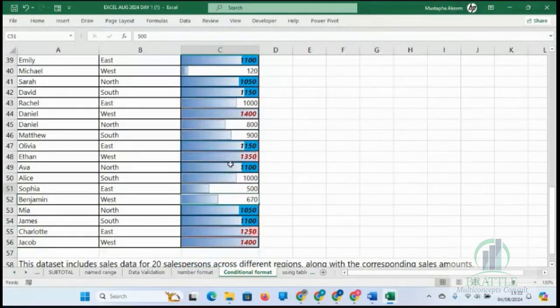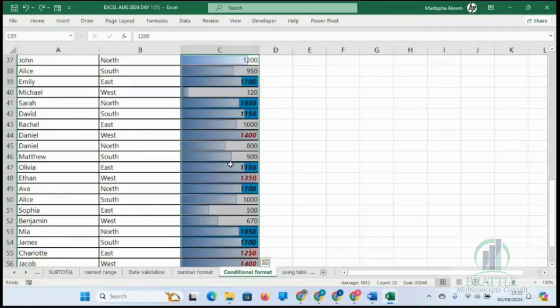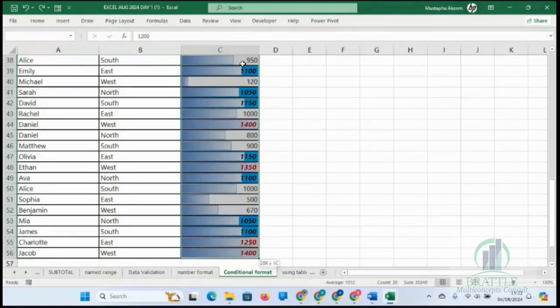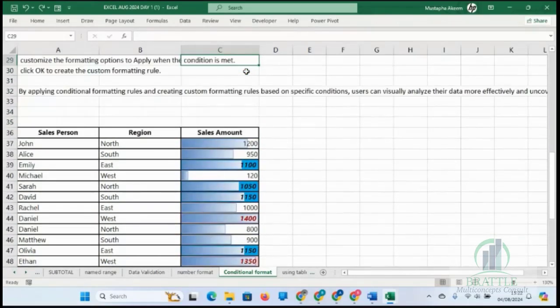Okay, let's leave that for now. So we use data bar to create a bar inside the same cell, so that people can see which one is the highest, the smallest, the lowest.